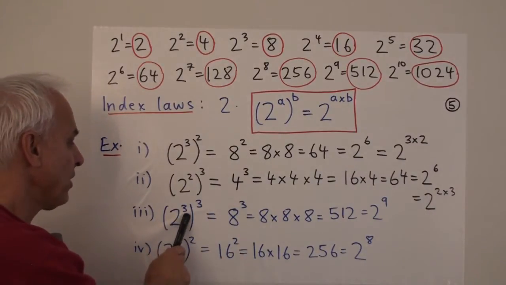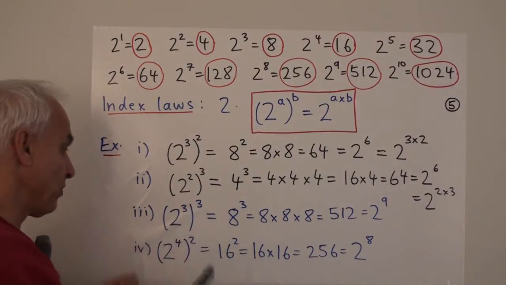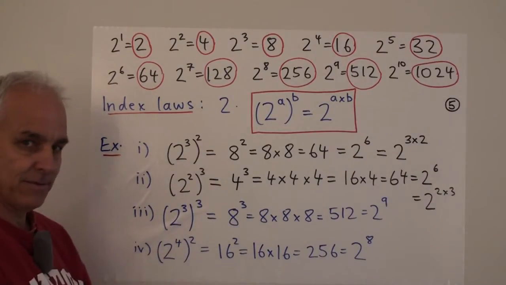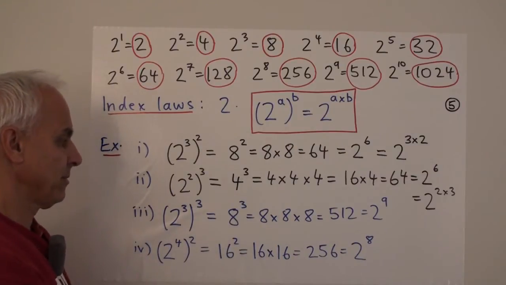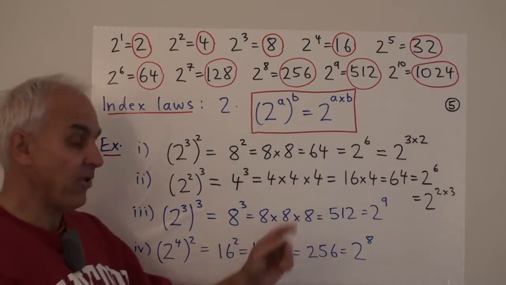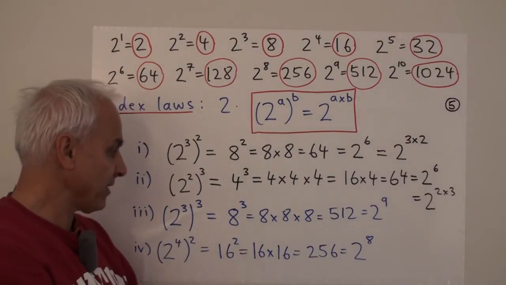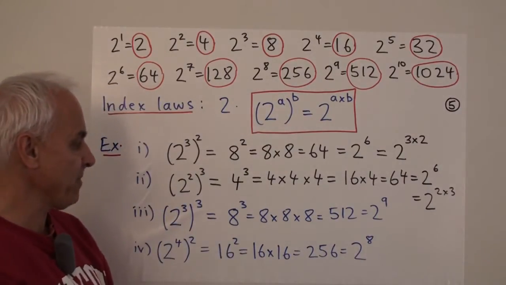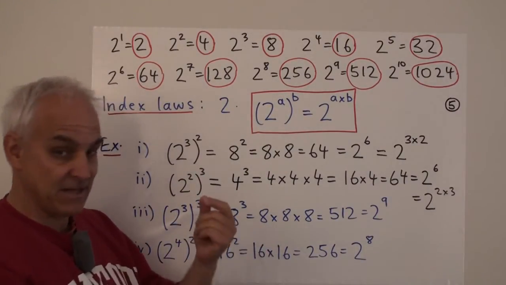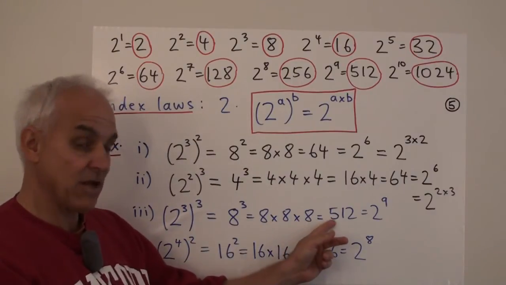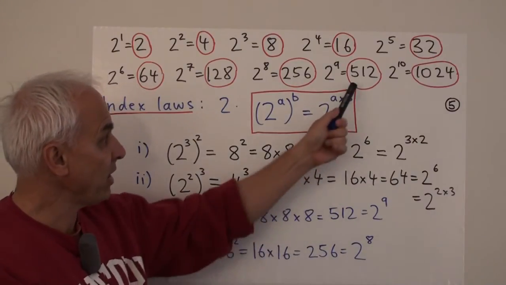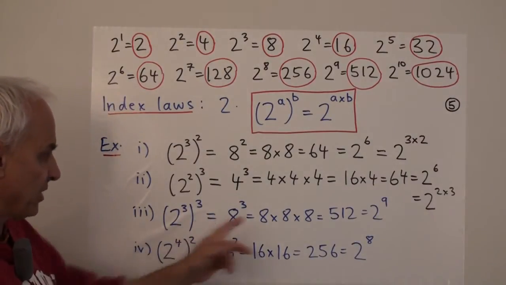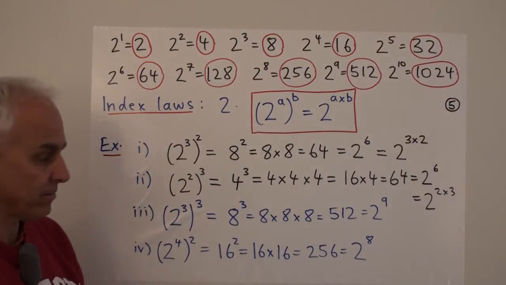How about 2 cubed to the 3, or 2 cubed cubed? Well, 2 cubed is 8, so this would be 8 cubed. What's that? That's 8 times 8 times 8. Okay, then we could get our pencil and paper out on the right-hand side of our notebook. Work that out. That's 8 times 8. That's 64 times 8. That turns out to be 512, which from our table is 2 to the 9th. So does it work? Yes, because 2 to the 9th is 3 times 3.